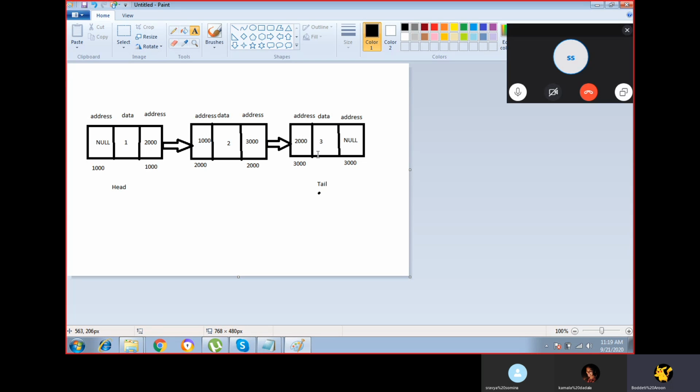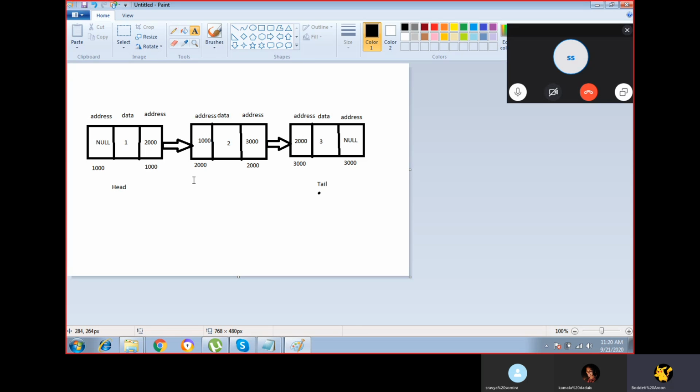That's why I'm taking the first address field in the first node as null, and the second address field as 2000. 2000 is the address of the second node, and I'm placing it in the first node.